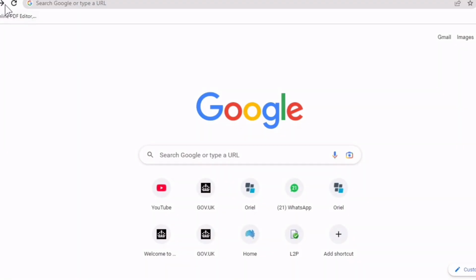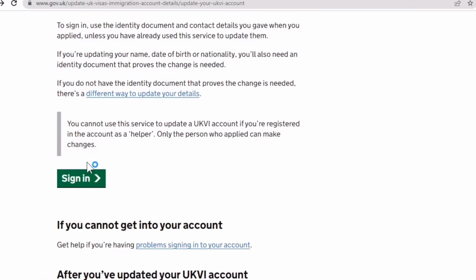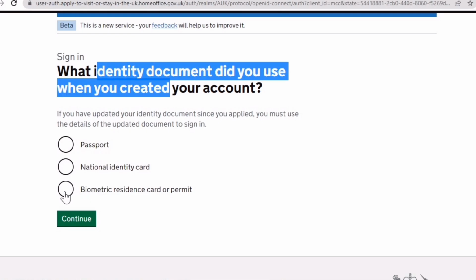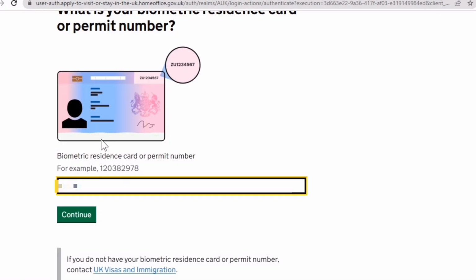Open any of the browsers or click on the link given in the description. Right over here, update UKVI account. So this page will open in front of you. You will scroll down, click on the sign in button, and then you have to select the document which you used while you were creating the UKVI account. And after selection, you have to put the number of that document like this, and you will put the continue